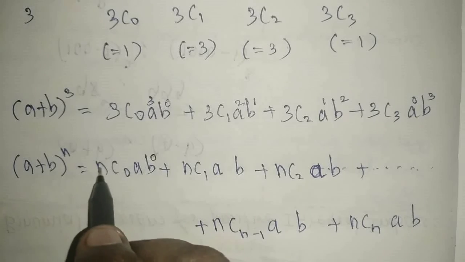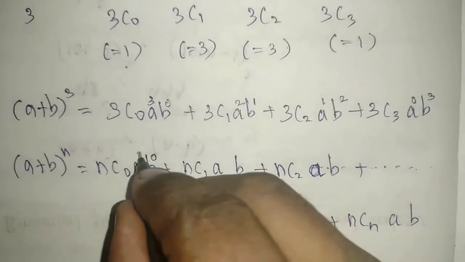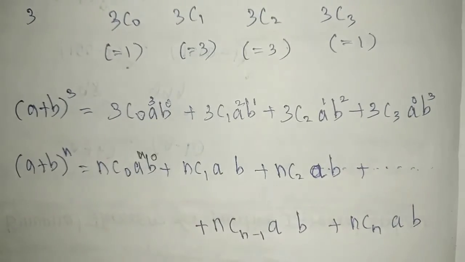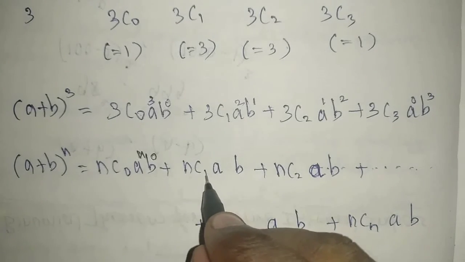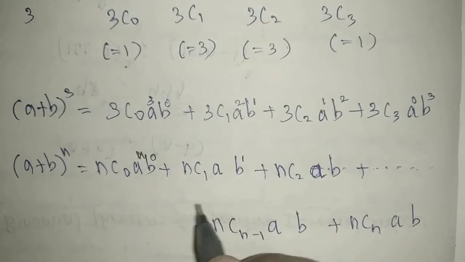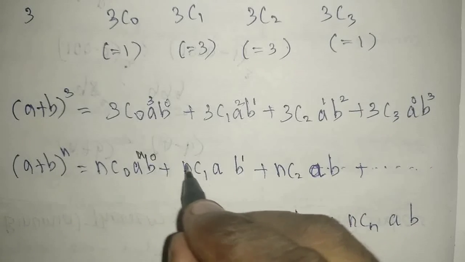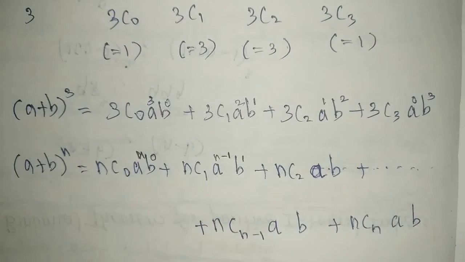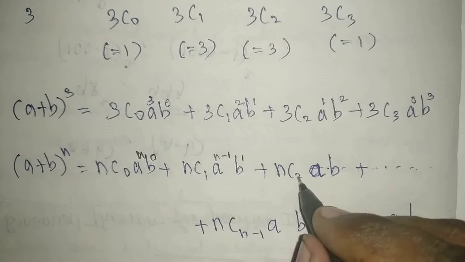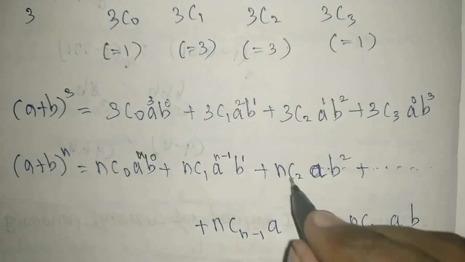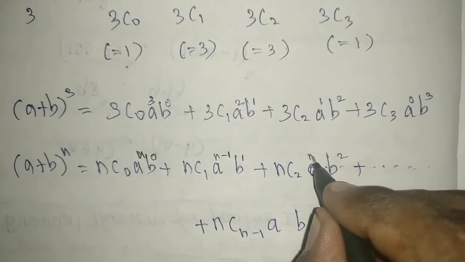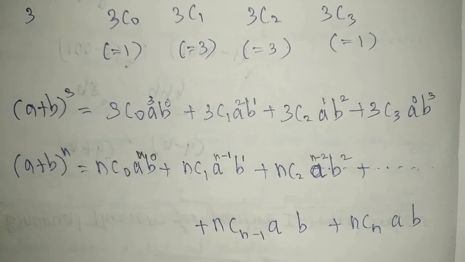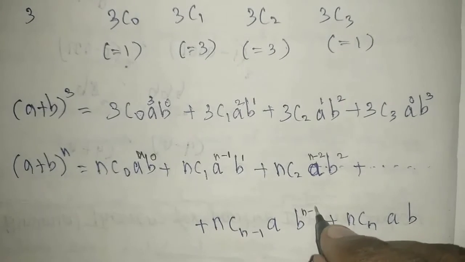Now you need to separate n minus 0, which is n, so a power n you will get here, understand. And this power will come for the second number b, n minus 1. We need to separate this together, so n minus 1 we are getting. Likewise here this power will go for b, n minus 2, and we are getting a power n minus 2, understand.